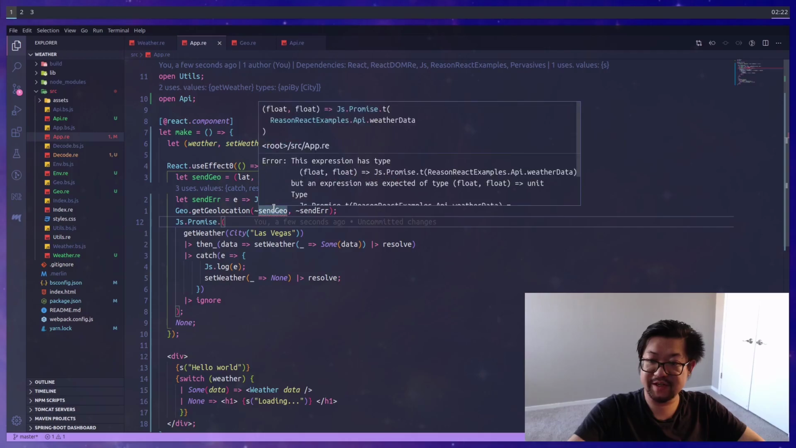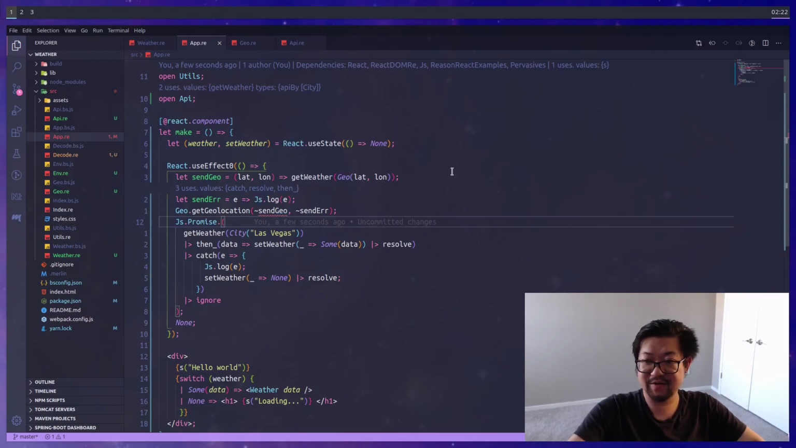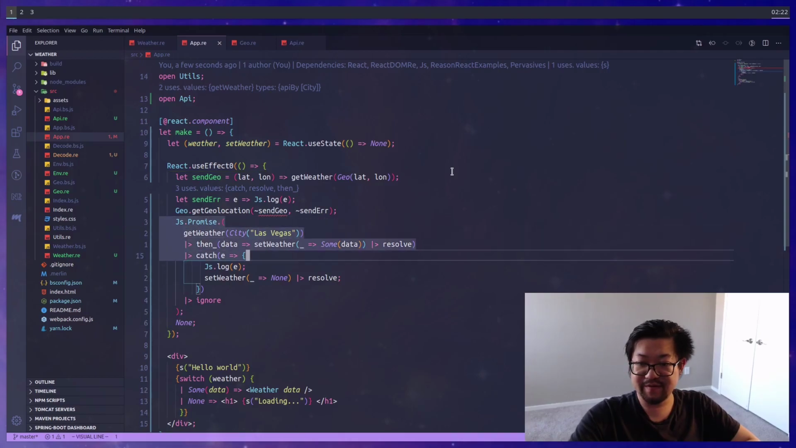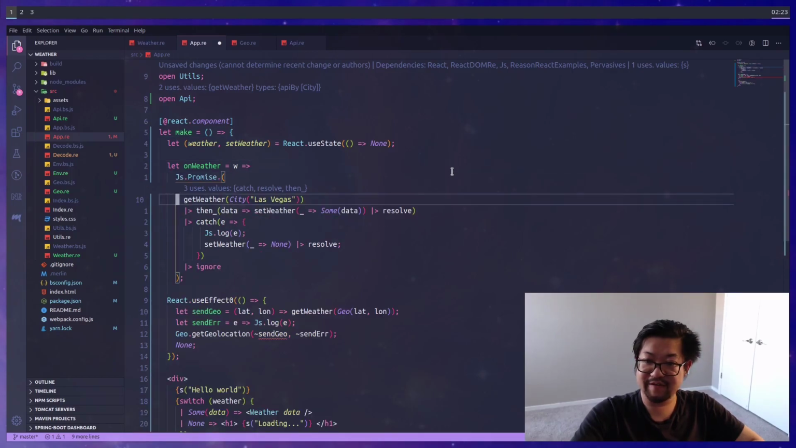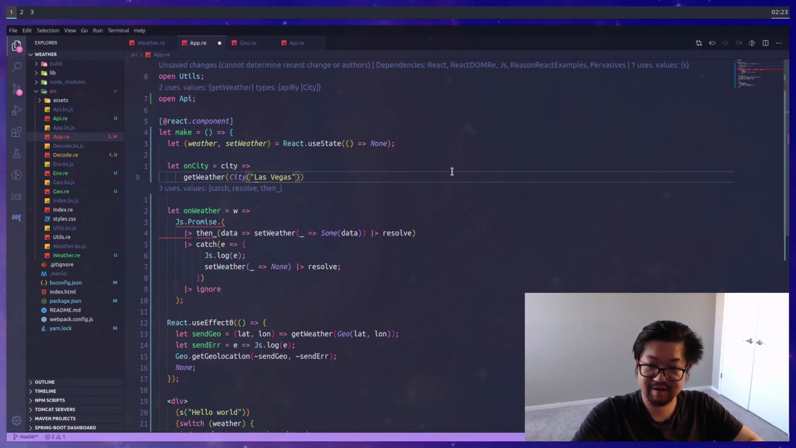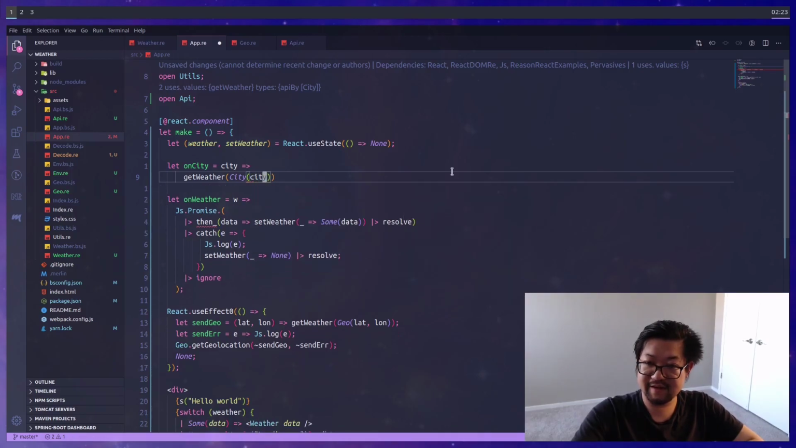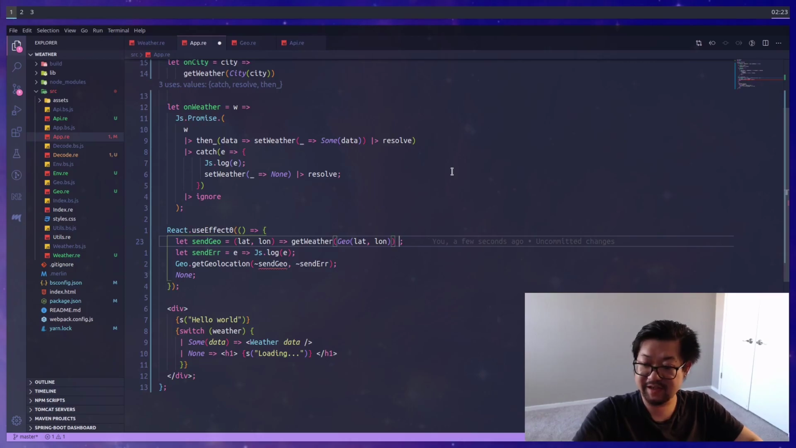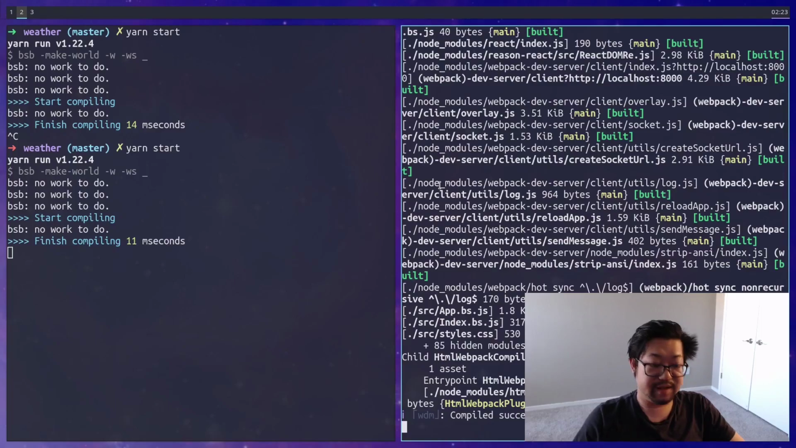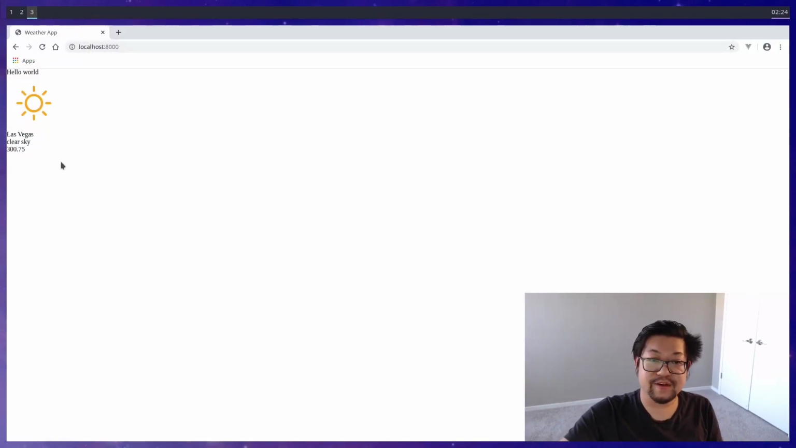So now sendGeo is red because getWeather has a return type. So to fix that, we're going to move this JS promise here to its own function called onWeather, and then we'll move getWeather of city to that own function and give this city, replace this with a w, and pipe sendGeo to onWeather. So now in our browser, our app should get the current weather based on the geolocation,